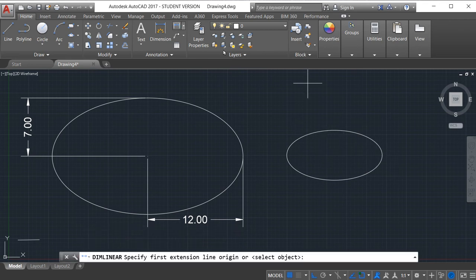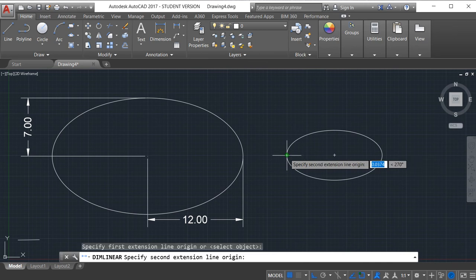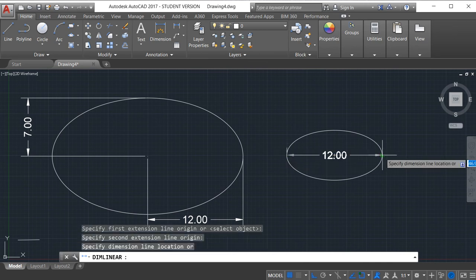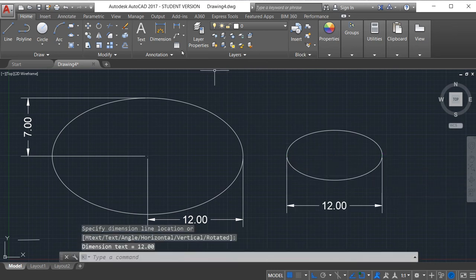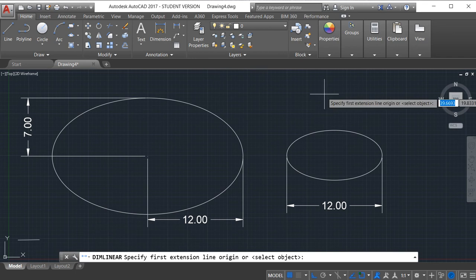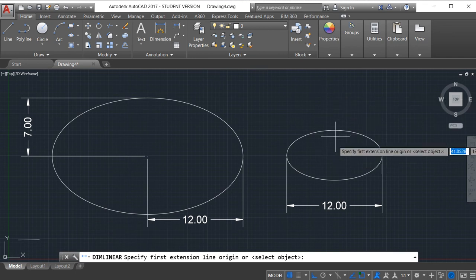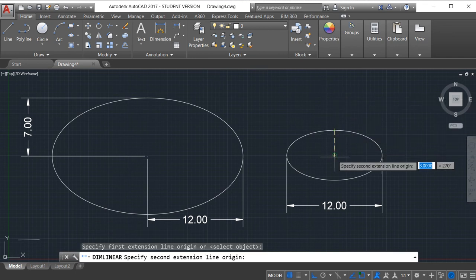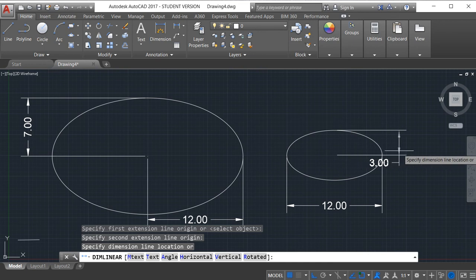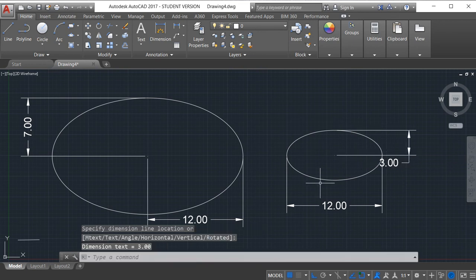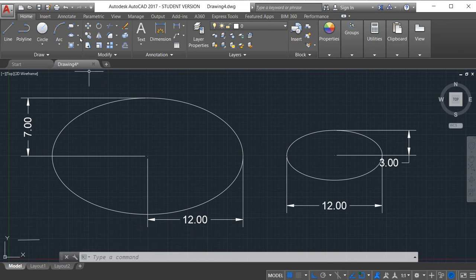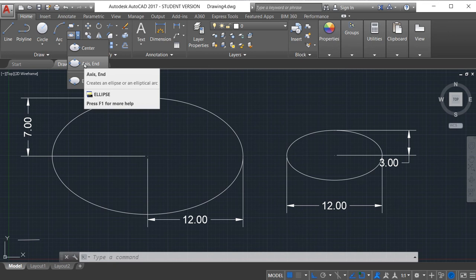I will give dimensions for this. This will be the start point, this will be the end point, then the vertical dimension. So 3, this will be my vertical dimension. In this way, an ellipse by using the first point and second point, that is by using axis and end, can be drawn.